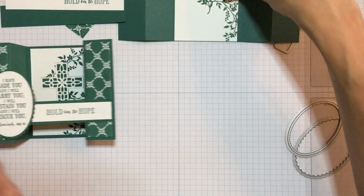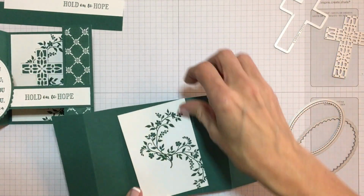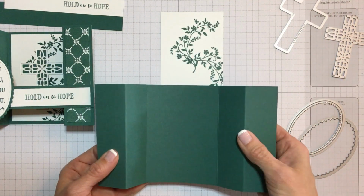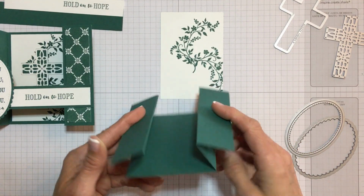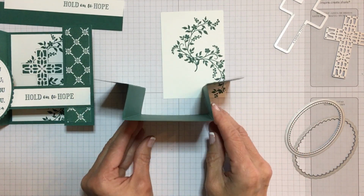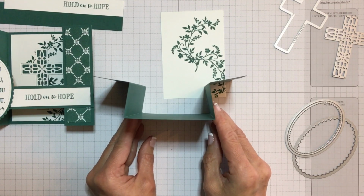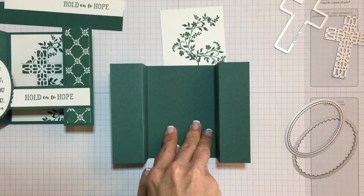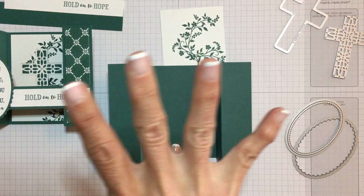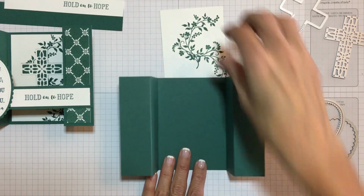So to get started, what I did is I folded my card. You fold the pieces in towards the middle and back out again. So your card is going to have this shape to it. So that's the shape of the card. Now it's best to get this back part done and the 2 sides before we put the bridge on. So what I did